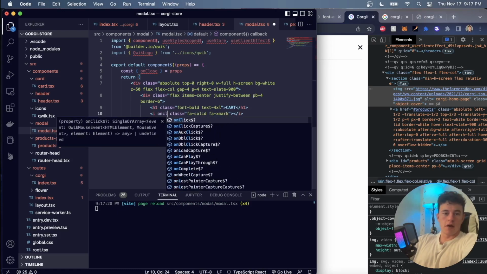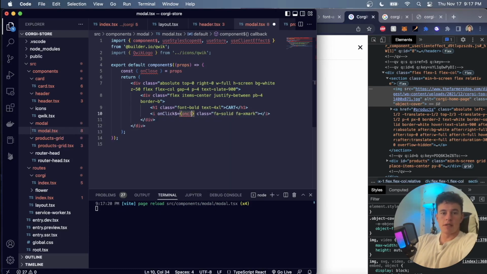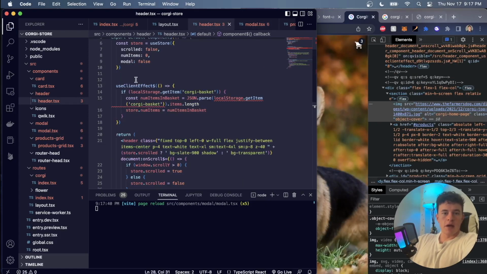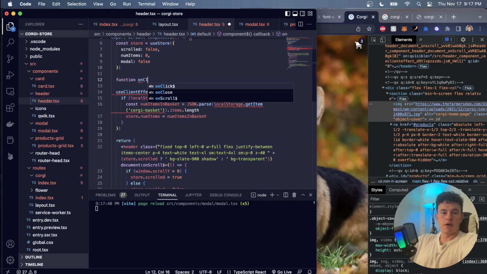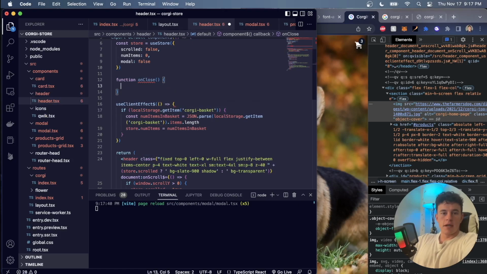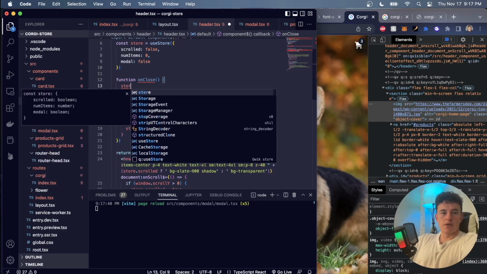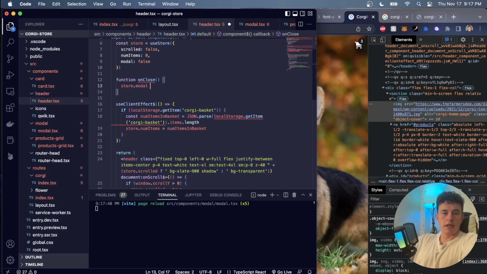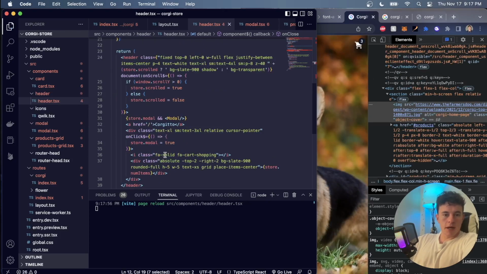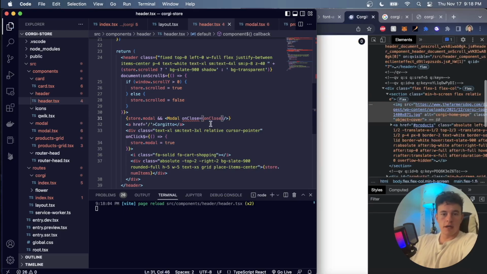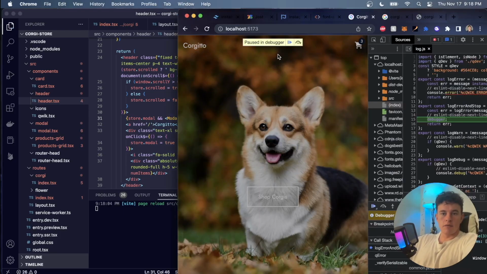And now we just want the X button to be the onClose. So here we can say on click, and we can just directly pass in on close, which we've got up there. And on close is going to be a function that we can define here. So that's going to be function on close. And all it's going to do is set store.modal equal to false. So now we can pass that into our modal. On close equals on close. And just like that,